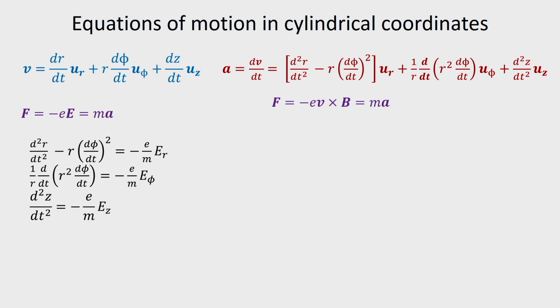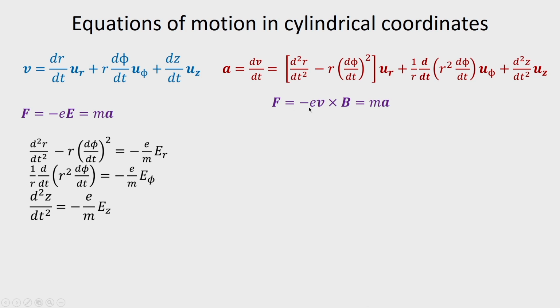When an electron moves with a velocity v in a magnetic field, the force that acts on it is given by minus e v cross B, and that can be written as m a. Once again, using the relation given for a, we can write